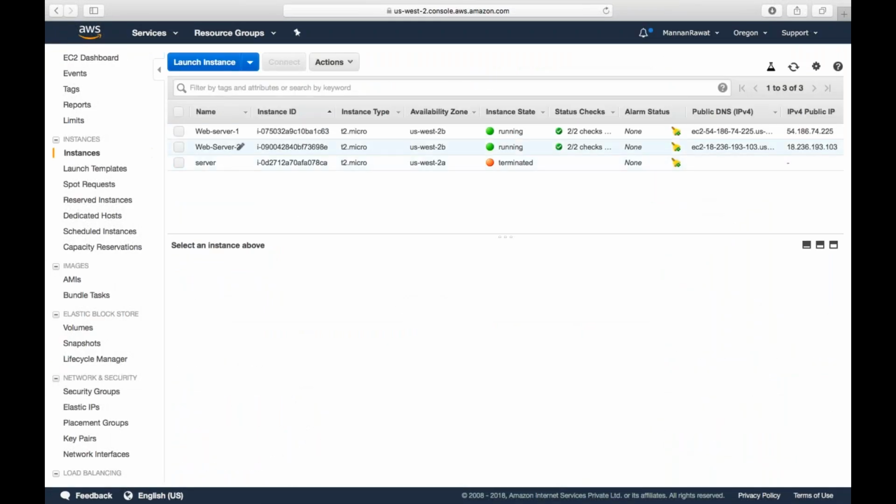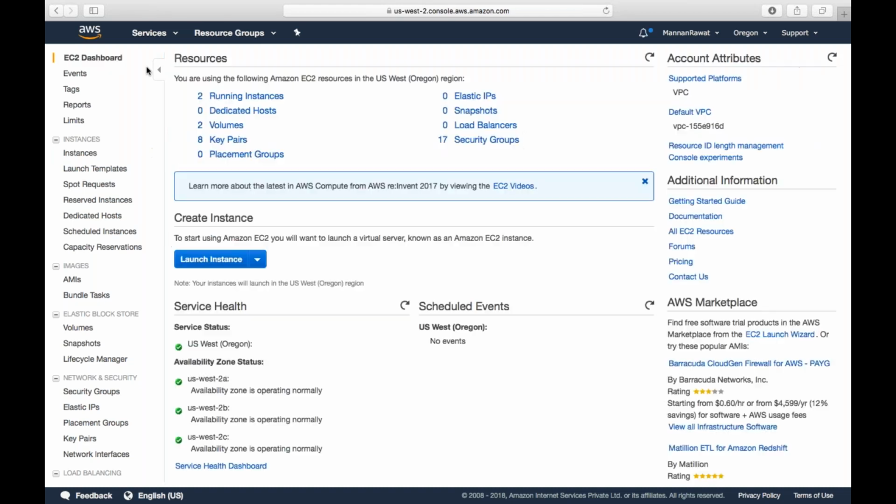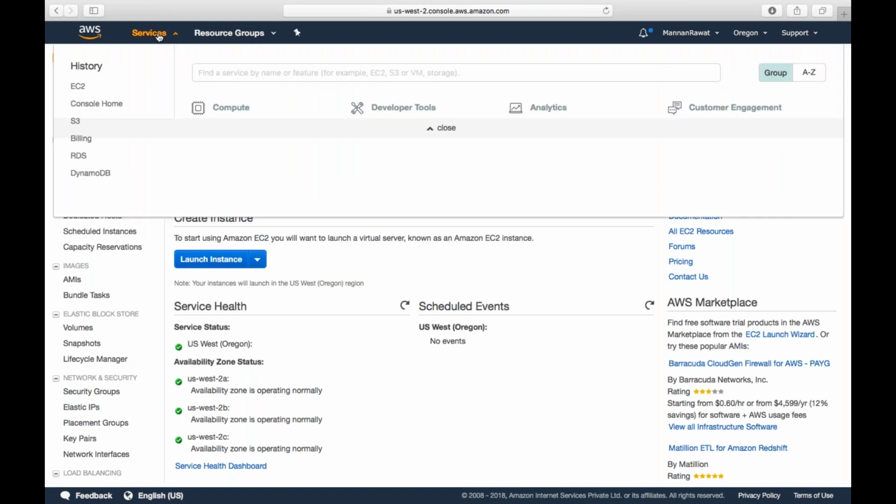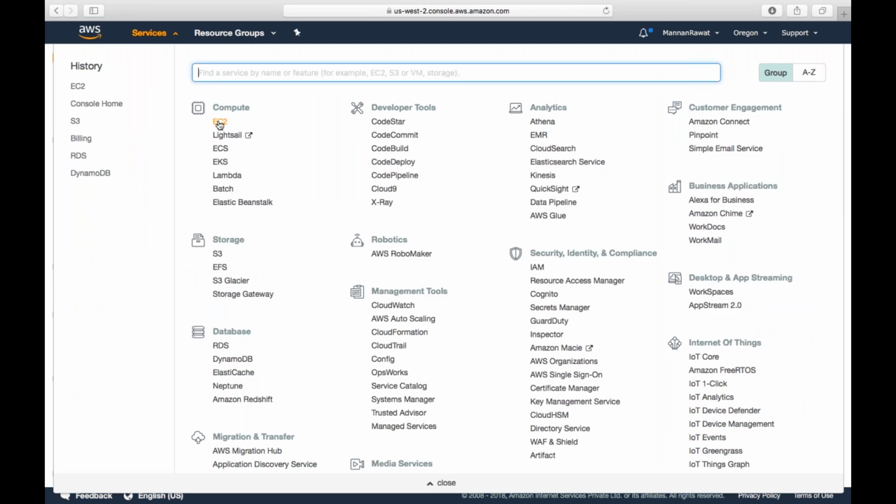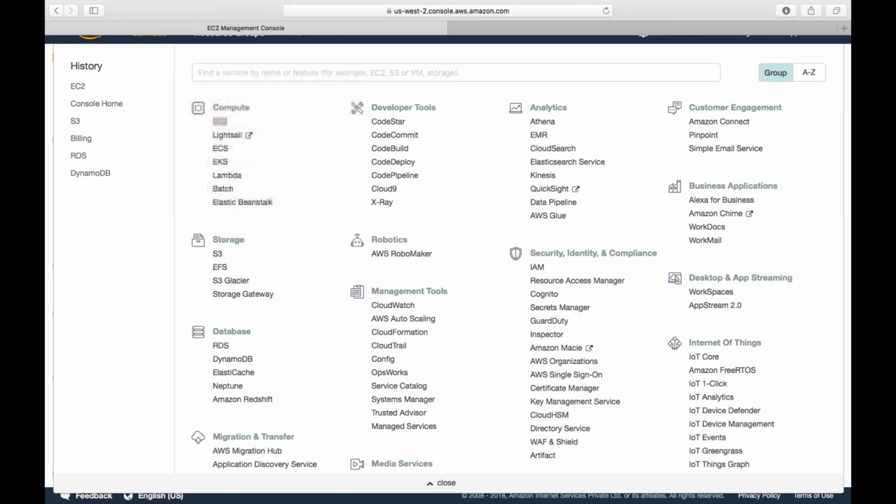I have already created the instances. You know very well the procedure of how to create an instance. But if you don't know, I'm going to describe how we can create a new instance on Amazon Web Services. Open the AWS portal and select the compute part. Under compute, the first option is EC2 instance. So I'm going to open the instance,